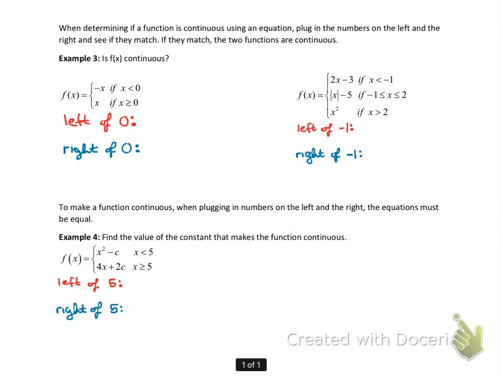So what we're going to do algebraically, if we don't see a picture, is take that 0 and plug it in. Okay, we'll plug it into the left side and the right side. Even though it's only defined on one side, we still want to see what's happening on the other. So, if I plug in 0 to the left, that means I'm plugging it in where it's less than 0. Then I end up with -0, which is still 0. If I plug it into the right side, so where it's greater than or equal to 0, 0 is still 0. Okay? So because on the left it's 0 and on the right it's 0, that means that because 0 equals 0,